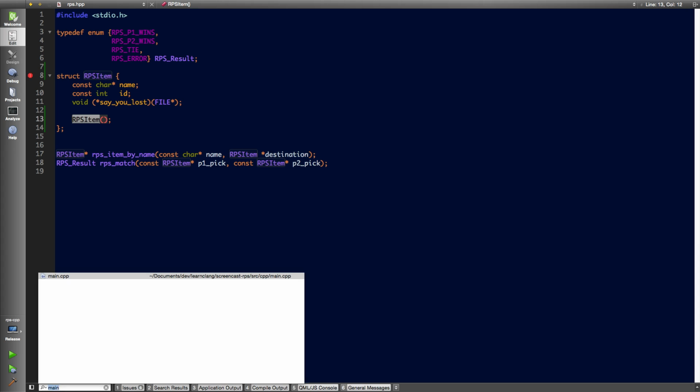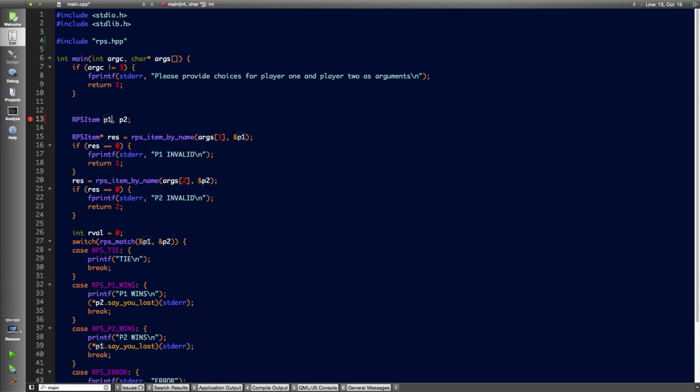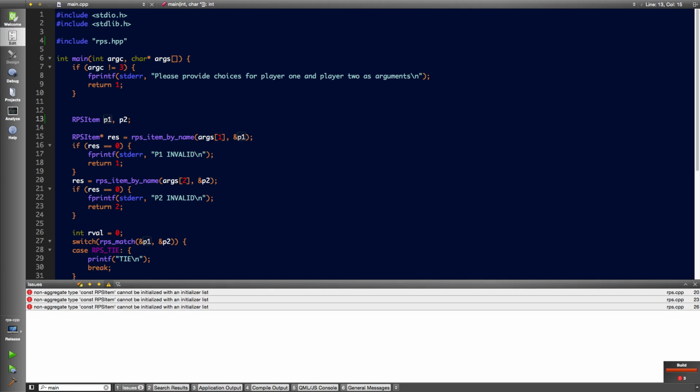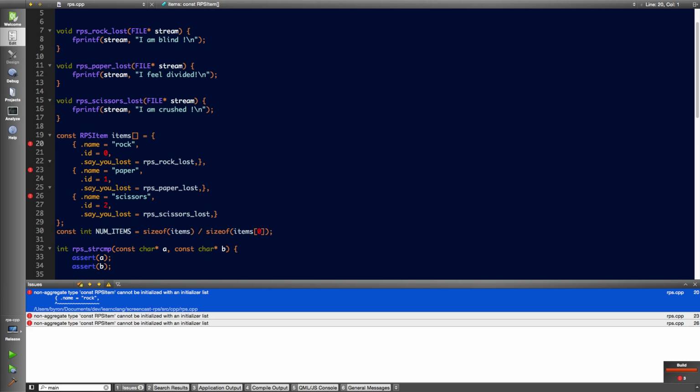But let's have a look at the main.cpp, because I think things make no sense anymore, but we will just let the compiler tell us what it doesn't like. Step by step. All right, RPS item. Non-aggregate type const RPS item cannot be initialized with an initializer list. Yeah, so non-aggregate type, what does it mean? Well,